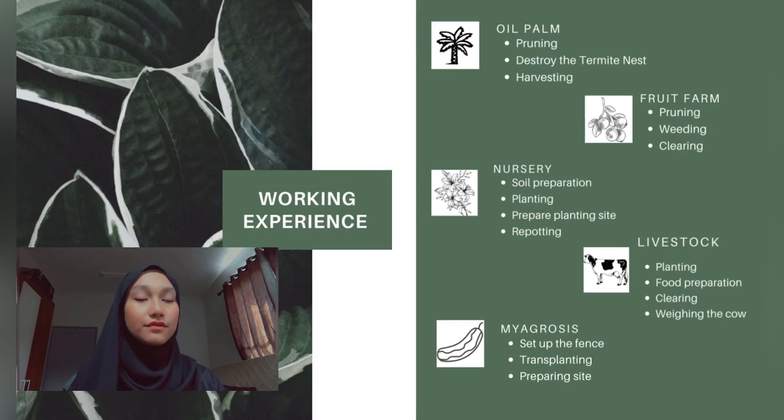Last but not least, for the MyAgroSys week, we do the setup for the fence, which is installing a chain link. The objective of installing a chain link is to ensure that the stingless bee is constantly protected from invaders. Equipment needed is hammer, plier, and hand drill. The materials needed are cutler pin, chain link fence, glow metal wire, flat bar, and wire.